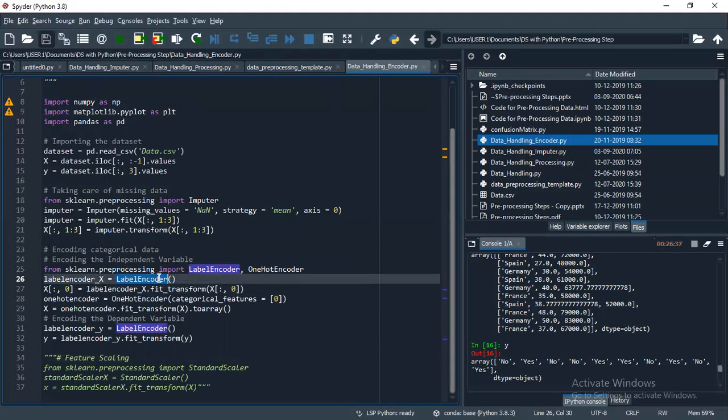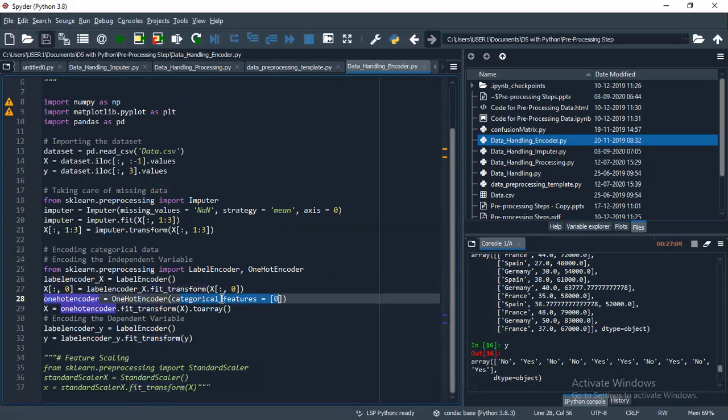Where I want to apply the label encoder, first I want to apply it to the 0th column, all rows. So I just gave a variable like this, labelencoder_X. This is what I initialized as my label encoder, and the fit_transform I am applying here. And then for one hot encoder, I think we will now get an error because of the version change. So for the one hot encoder, I give categorical_features 0.